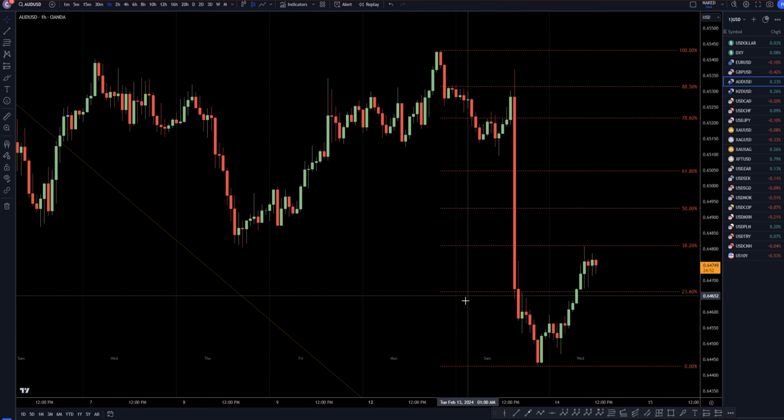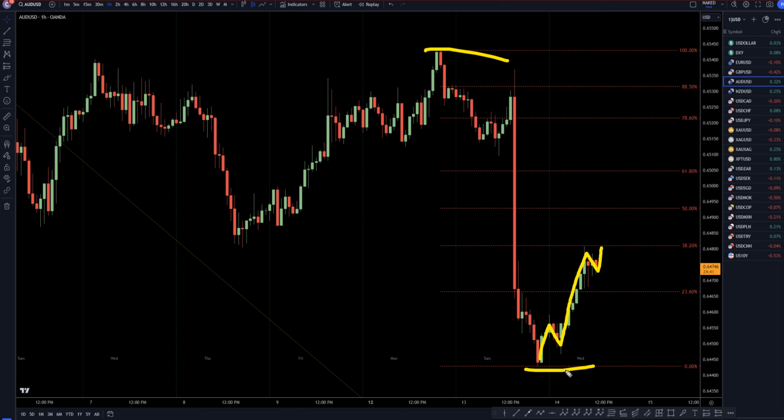So taking it down to the 1 hour time frame. On the 1 hour time frame, I got my Fibonacci retracement on this last push down right here. Like I said, I do definitely expect to see more shorting opportunities. So if I see three waves up, something like this right here, 1, 2, and 3, then I am definitely going to take it as a short.